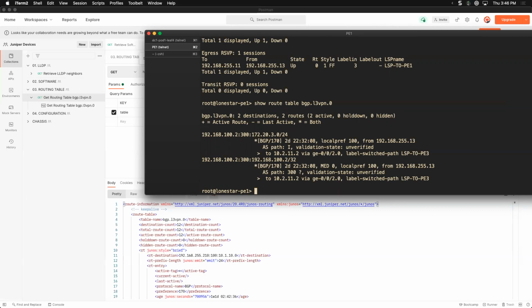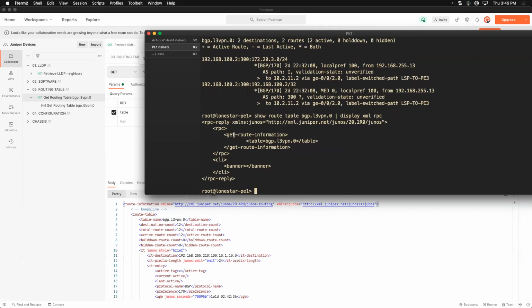So how do I get that remote procedure call to get this specific table? Well, I hit the up arrow and I say display XML RPC. And I get the RPC, but what's great is that Junos will also say, hey, if you are looking for just this table, like you said here, pass in the parameter of table and ask for the value of BGP L3 VPN.0. So if there was any other routing table that I wanted information on, show route table, what is it,